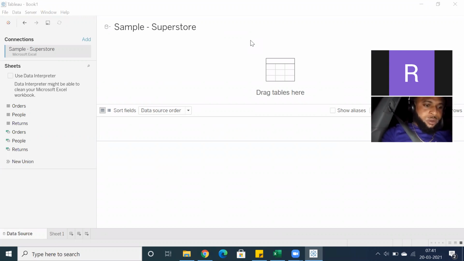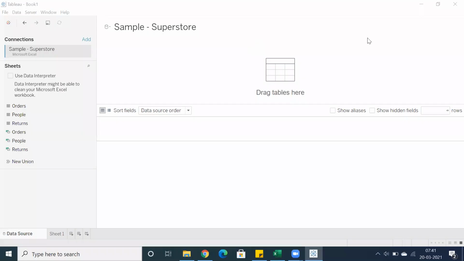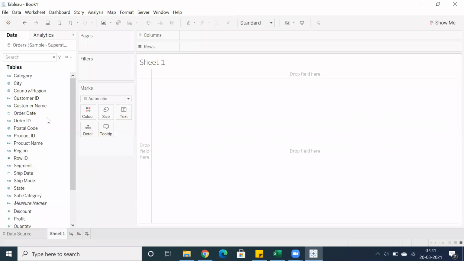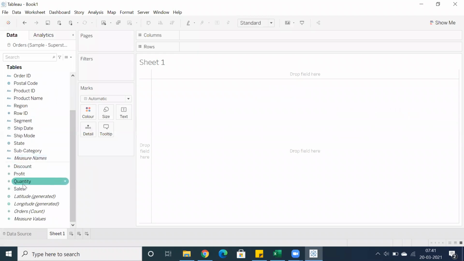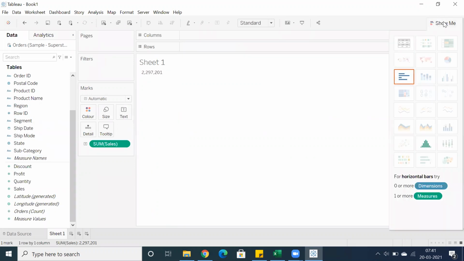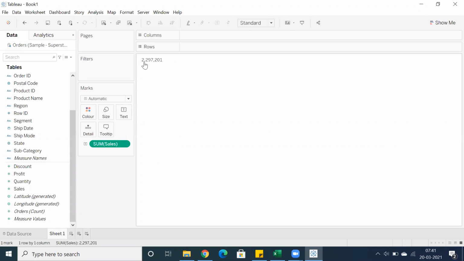Basically, let me drag and drop a table. I'm just relating with Tableau. So what I mean to say is whenever you use a measure, by default, you get the grand total without any dimension. Without any dimension, it shows the grand total.